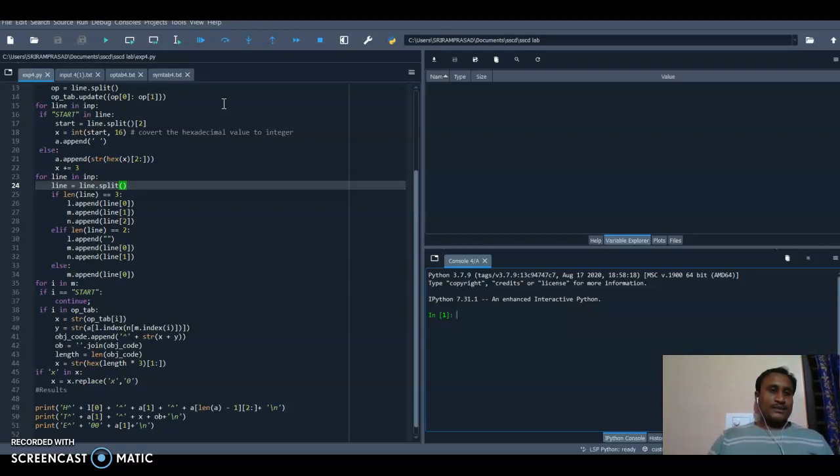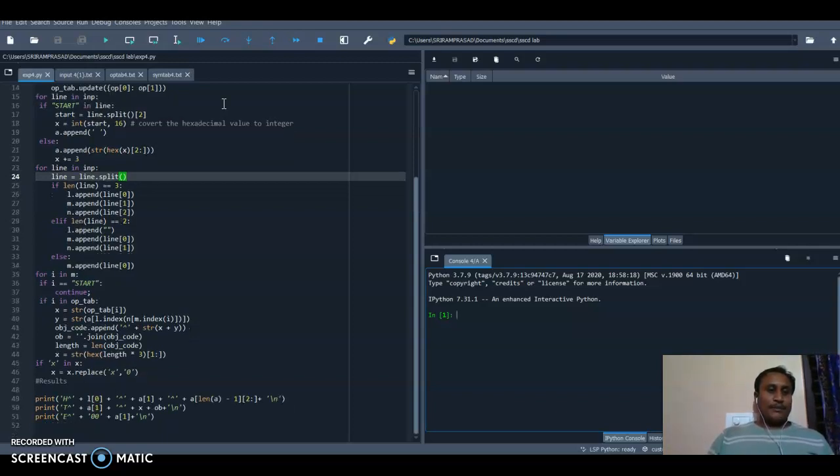x2 = x, then x += 3, for line in inp. Line = line.split(). If len(line) == 3, l.append(line[0]), m.append(line[1]), n.append(line[2]). Else if len(line) == 2, m.append(line[0]), n.append(line[1]). Else m.append(line[0]). For i in m: